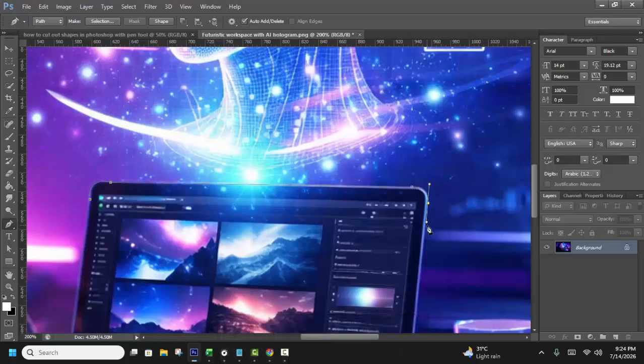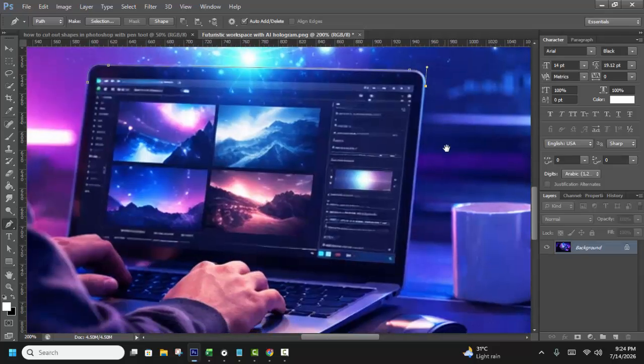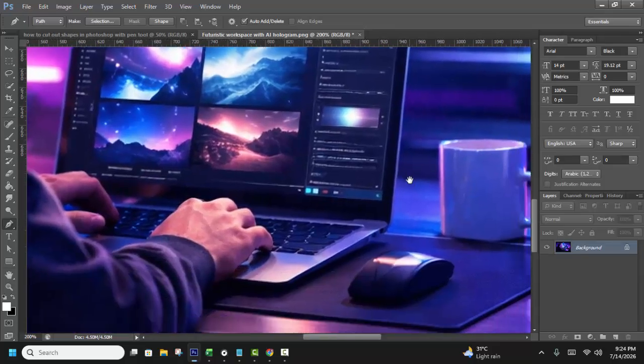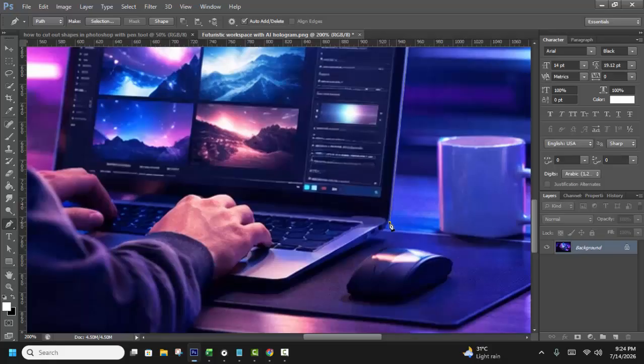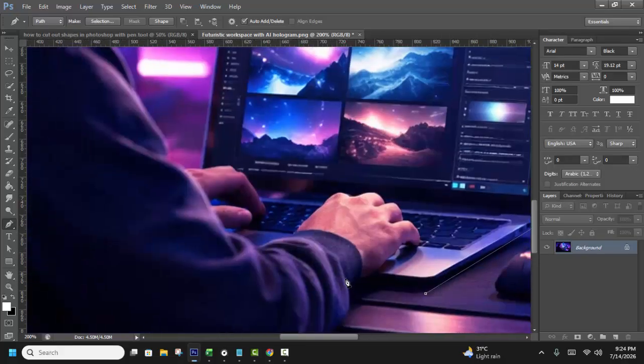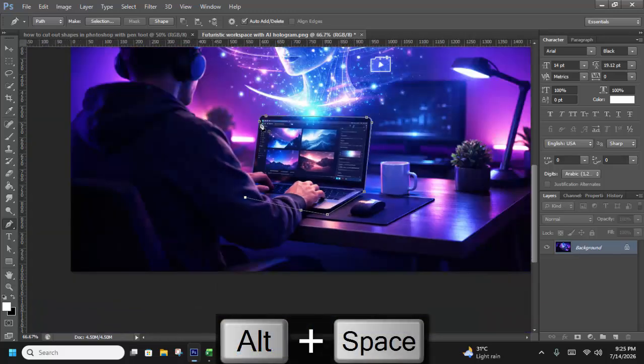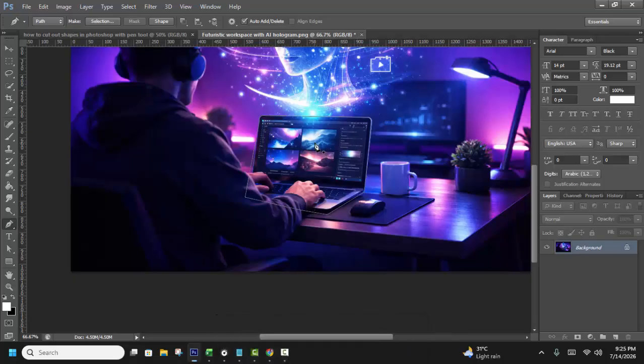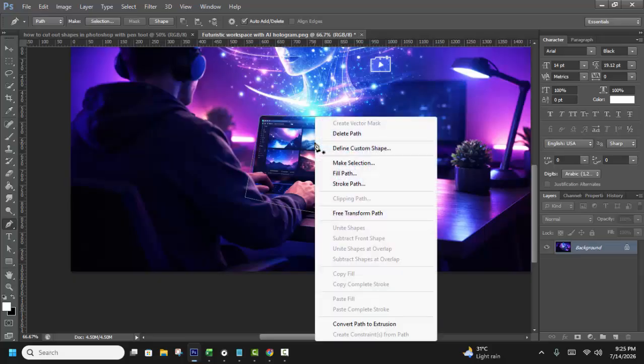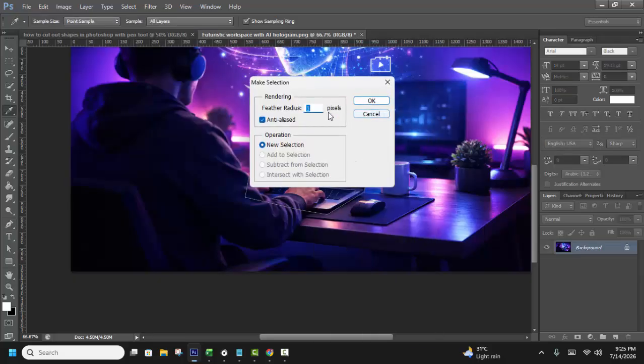Hold click, hold Alt key, hold space, then move your mouse, hold click, hold Control, then move to this pointer size example. Okay, then move your mouse inside the selection, right click on your mouse, make selection, feather radius example 1 pixels, or